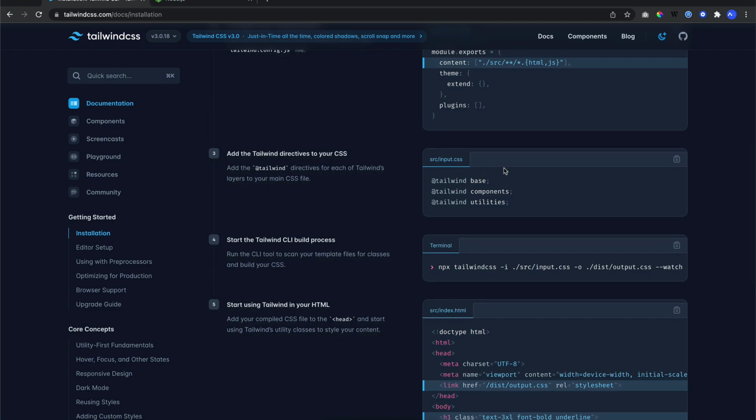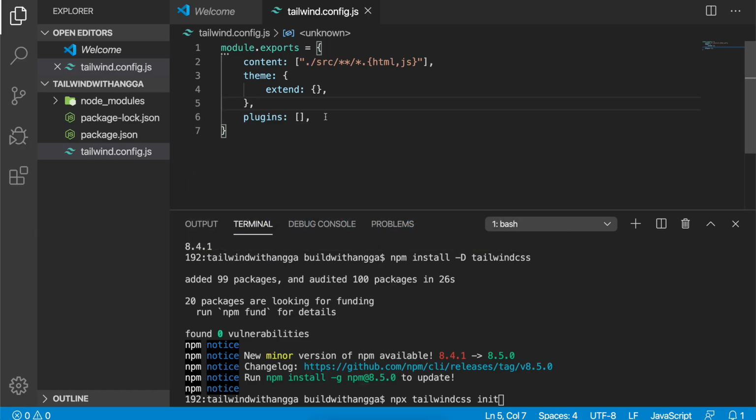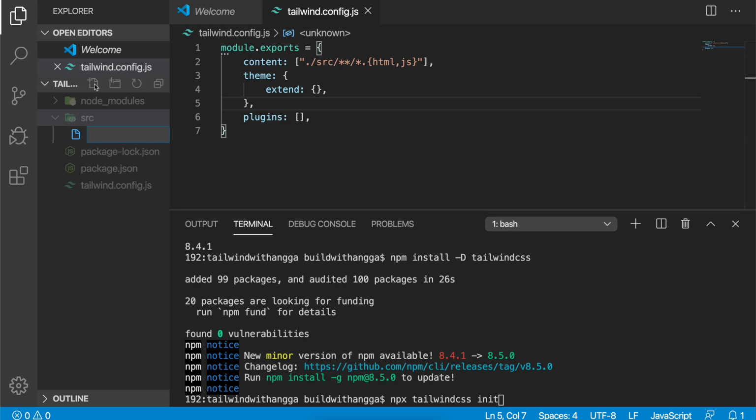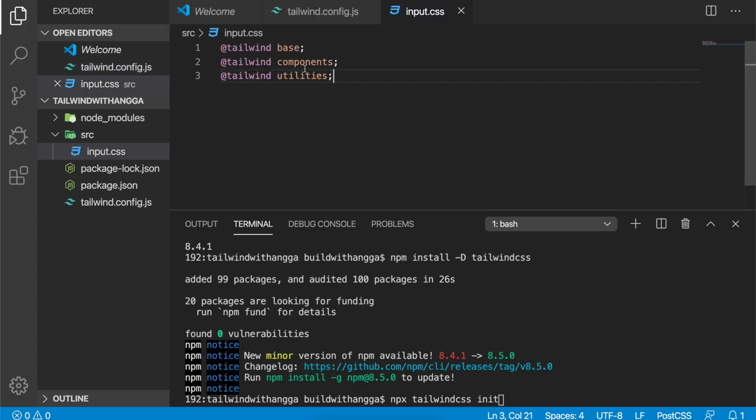Yeah, we're gonna use this Tailwind base, components, and utilities for our project, because we're gonna use the existing classes. And yeah, just create a new folder here, src, and then we're gonna name it input.css, and just paste them, because we're gonna build this CSS into our output CSS, so we can use it in our HTML.